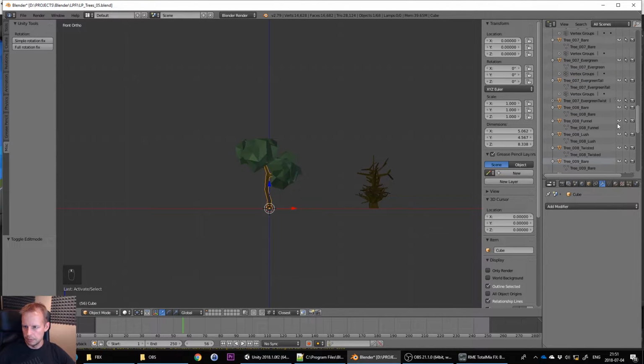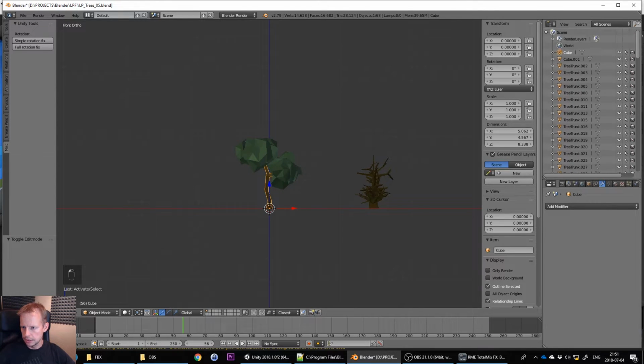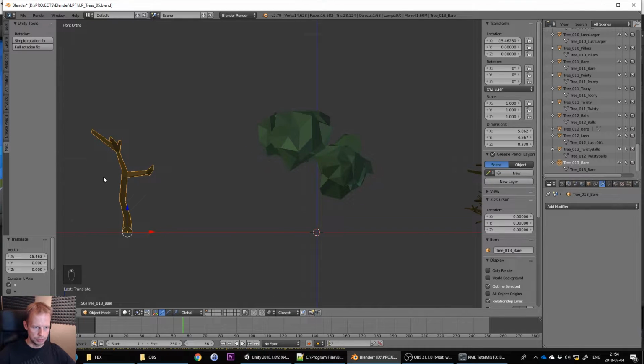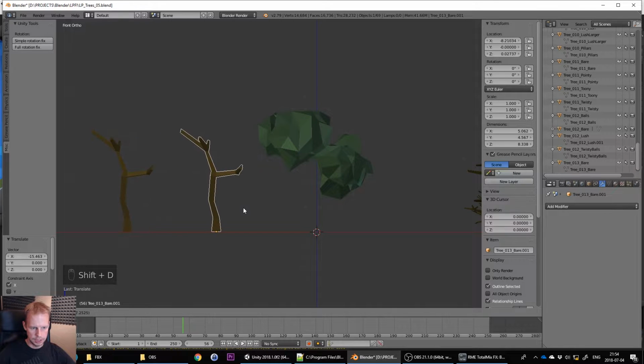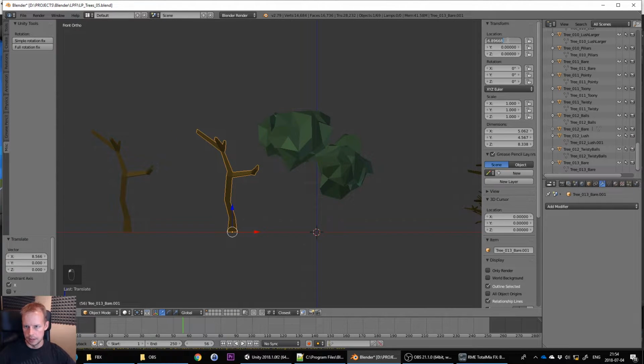Then I want to rename my objects. I'm up to tree 12 here, so I'm going to make tree 13. So this cube, I'll double click on that one and rename it tree 013 bare, because this one, as you can see, doesn't have the leaves. Let's move that one out, because we want to keep that one for a bare tree. But then press Shift D to duplicate the whole object, escape, and then we can move it back to 0